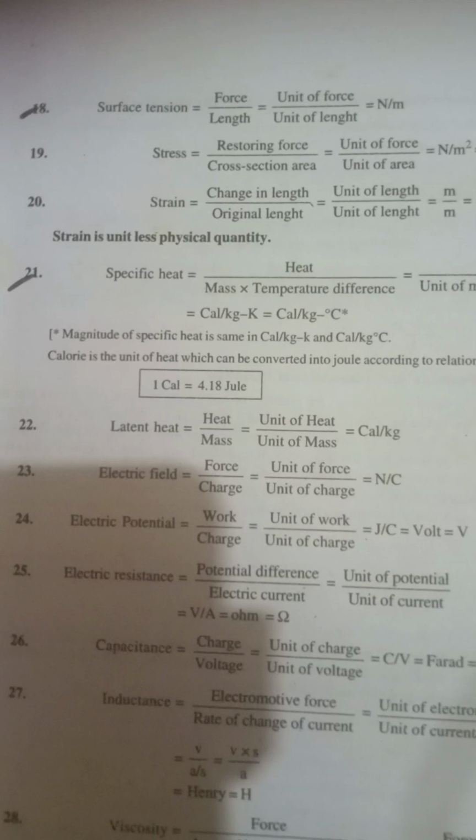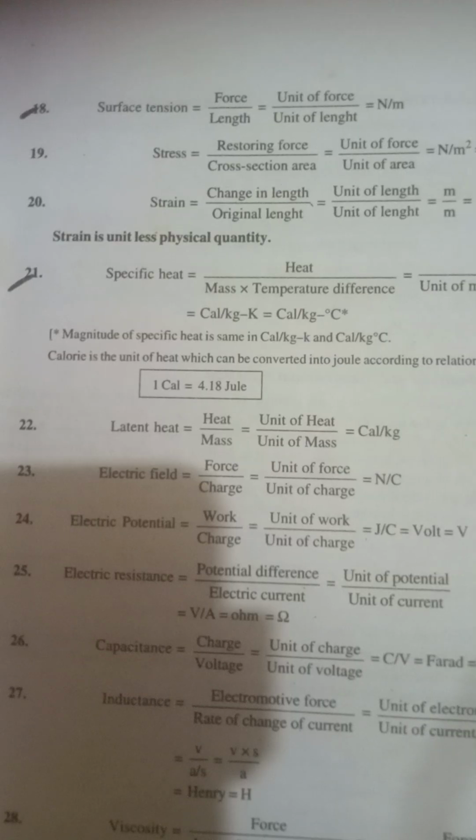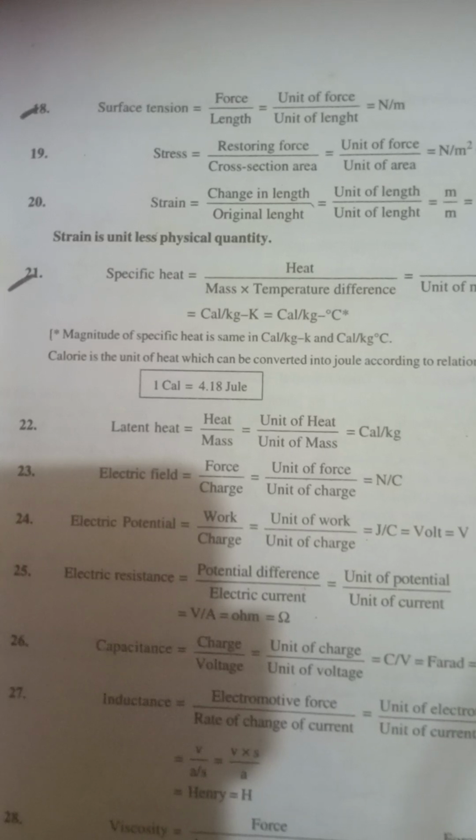Calorie per kg degree Celsius. The magnitude of specific heat is the same in calorie per kg per Kelvin and calorie per kg degree Celsius. Calorie is the unit of heat, which can be converted into joule according to the relationship 1 calorie is equal to 4.18 joule. Latent heat is heat upon mass, unit of heat